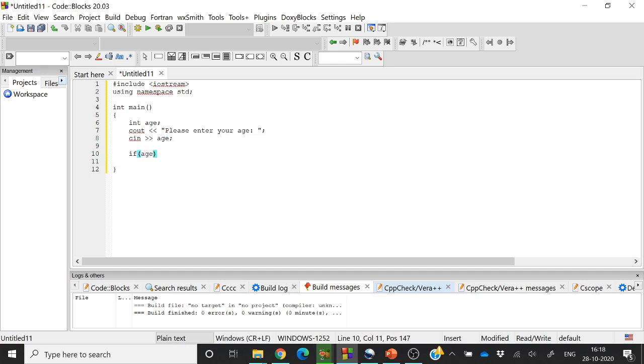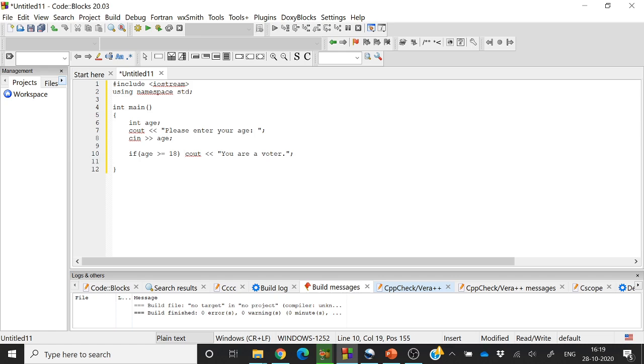If age is greater than or equal to 18, this is the condition, and then cout you are a voter. This is the condition, this is the statement.